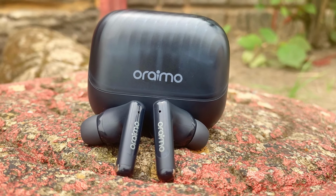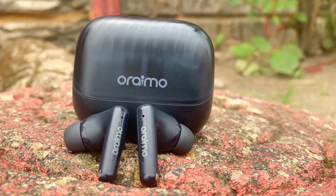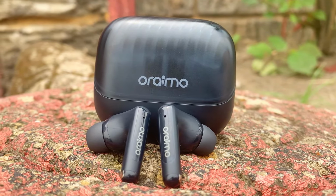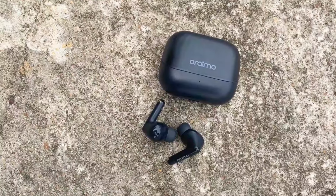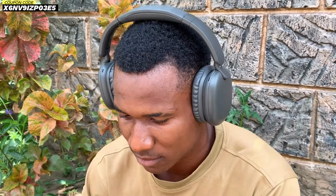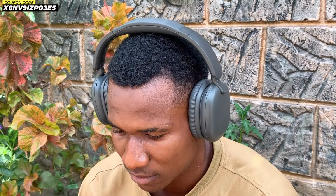The SpaceBuds Neo comes packed with regular budget features. They use Bluetooth 5.4 for stable connection, low latency game mode, and Oraimo's self-acclaimed Sound360 Spatial Audio. Oraimo claims this technology renders stereo sound and widens the sound field for an immersive experience, but honestly, it's more of a gimmick. I had the same complaint when reviewing the Boom Pop Lite. You can check out my review on the Boom Pop Lite where I explain the difference between real spatial audio